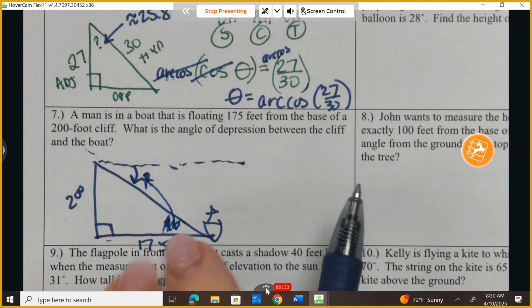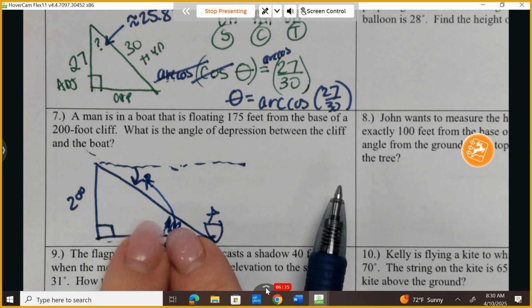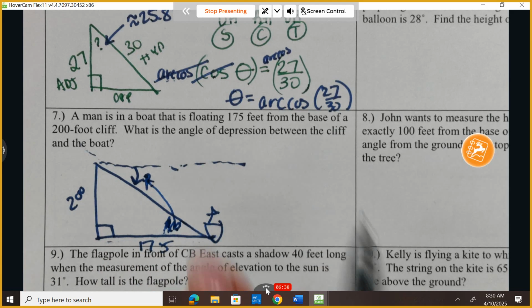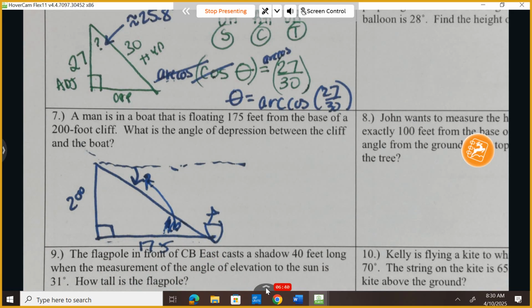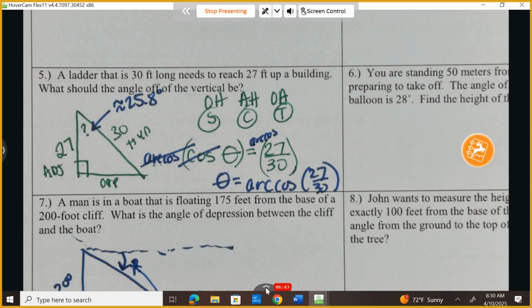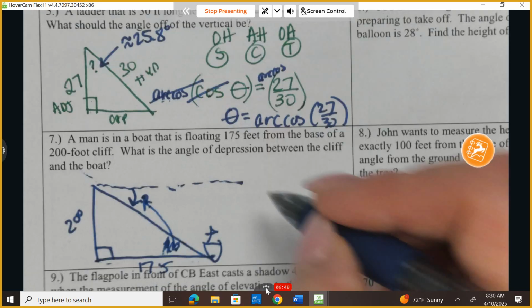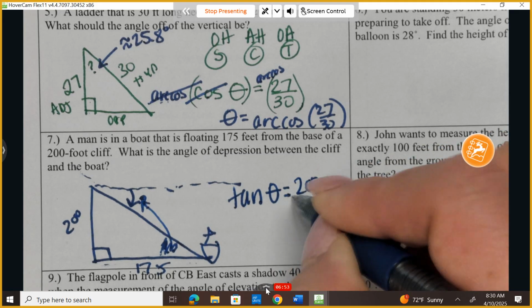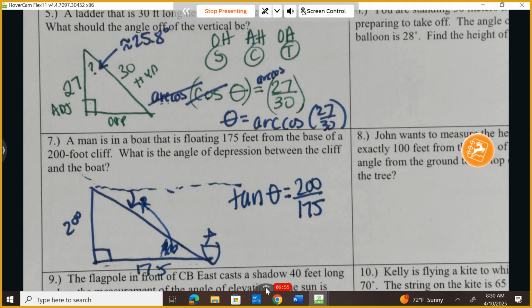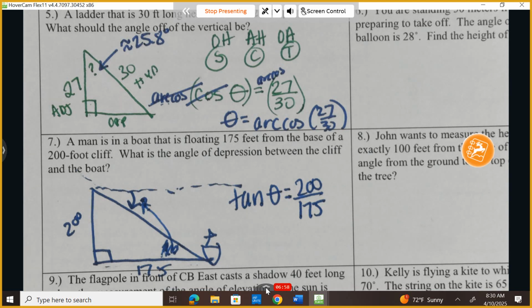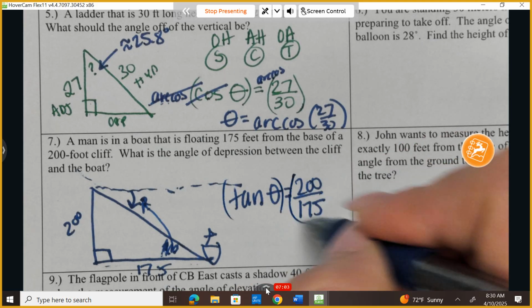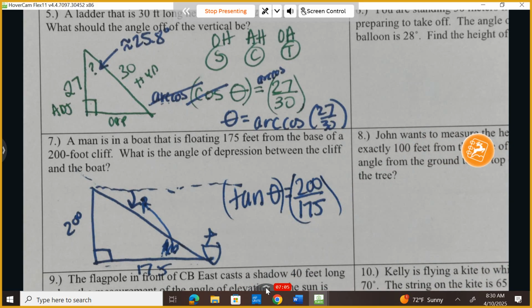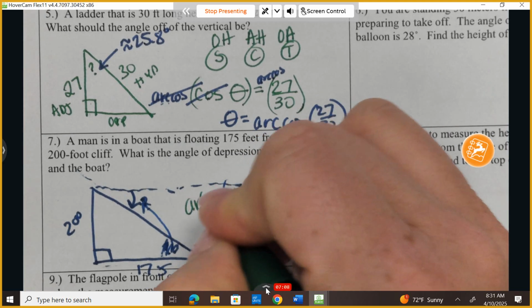So I'm looking at this angle and I can see that 200 is opposite, and I can see that 175 is adjacent. What major trig function uses that ratio of opposite and adjacent? Tangent. So here we go. Tangent of, I don't know what that angle is, is opposite over adjacent. When do we use inverse trig? When we're trying to find an angle measurement. So on both sides, I'm going to do arc, but not arc cosine because I don't have a cosine. I'm going to do arc tan. So arc tangent,